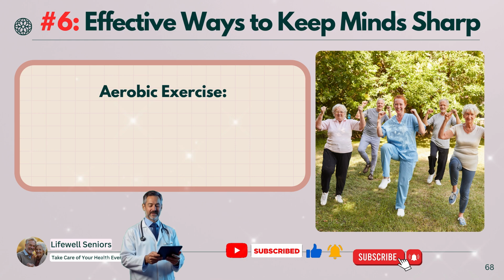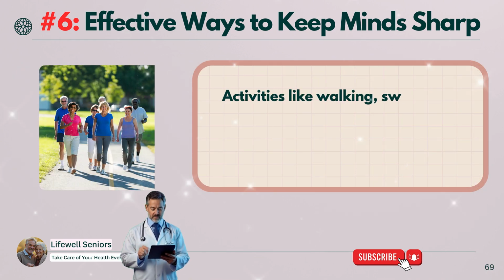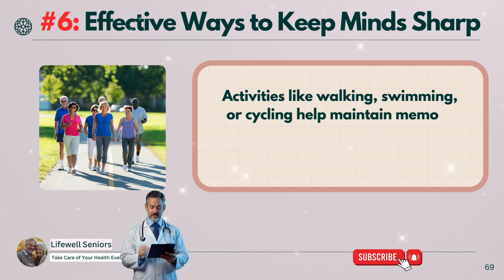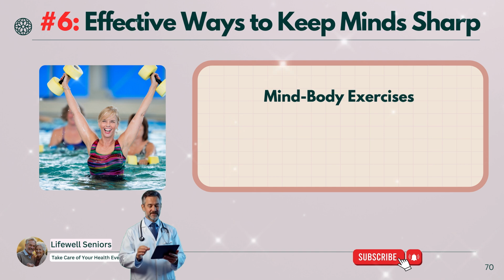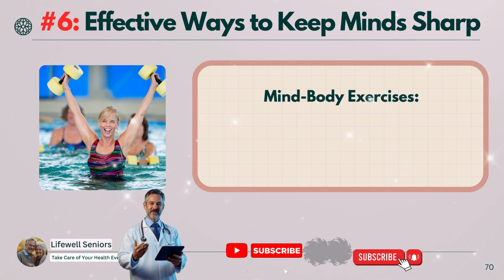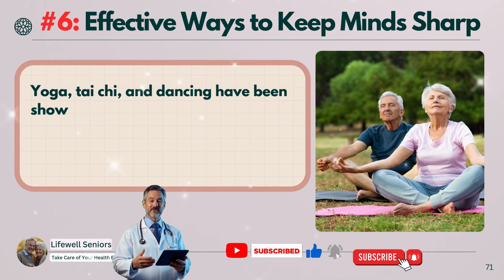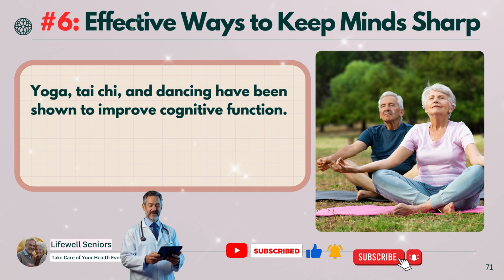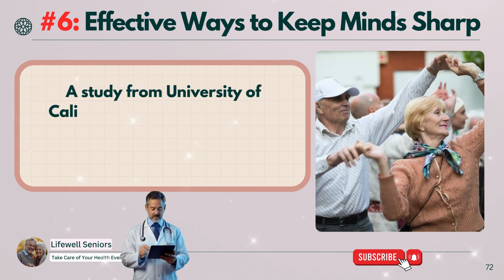According to the Journal of Aging and Physical Activity, seniors who exercise regularly have a higher volume of brain gray matter, which is responsible for memory, emotions, and decision-making. Mind-body exercises like yoga, tai chi, and dancing have been shown to improve brain connectivity and reduce cognitive decline. A study from the University of California found that seniors who practiced yoga showed significant improvements in memory and cognitive